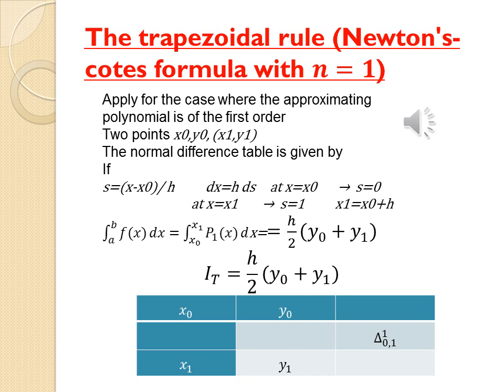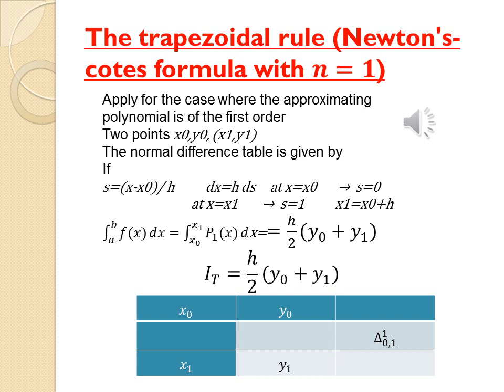Instead to differentiate with x, we differentiate with s. So make substitution. First point is x0, second point is x1. If we put x equal x0, we get s equal 0. If we put x equal x1, we get s equal 1. And ds is equal dx over h, i.e. dx equal h ds. So after substitution, I trapezoidal equal h over 2,